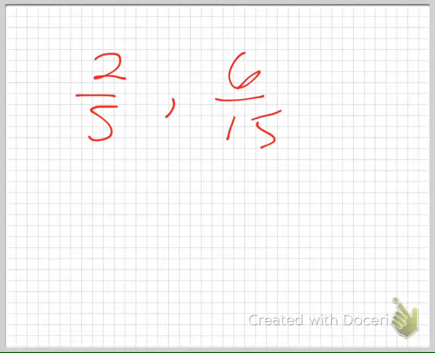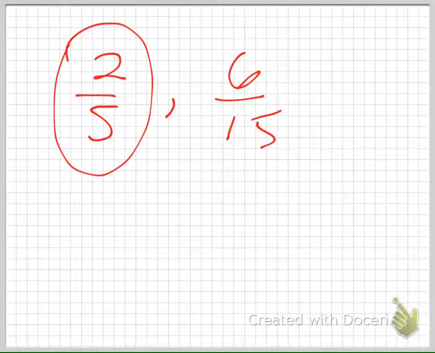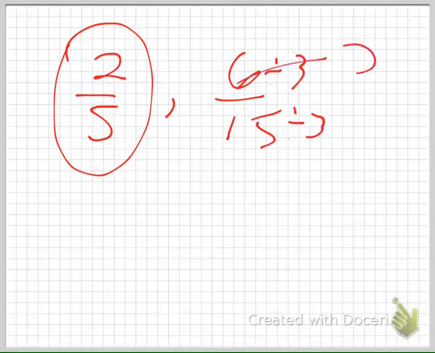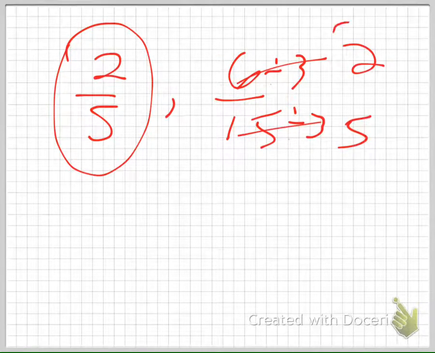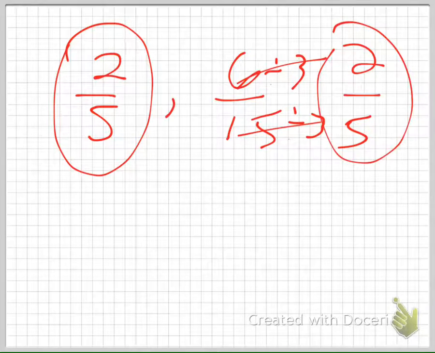How about reduce them? Bring them down to the lowest terms. 2/5, can I reduce that? No. Can I reduce 6/15? Yes. Divide by 3, divide by 3. Oh, it's 2/5. Does that make sense? If they form a proportion, then they will be able to be reduced to the exact same thing. That's one. Another way,